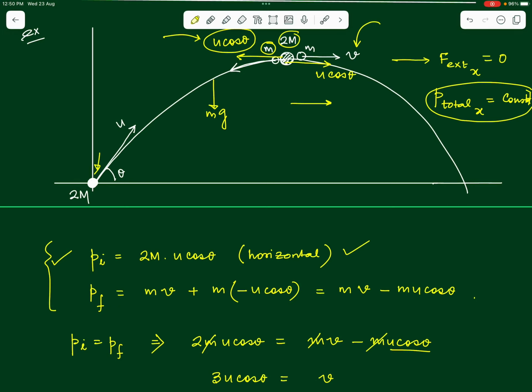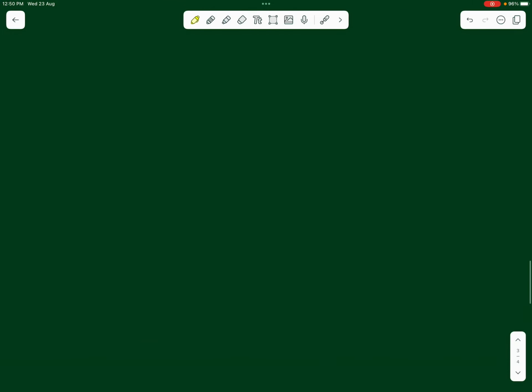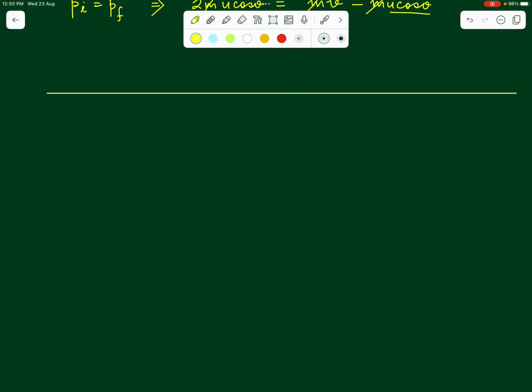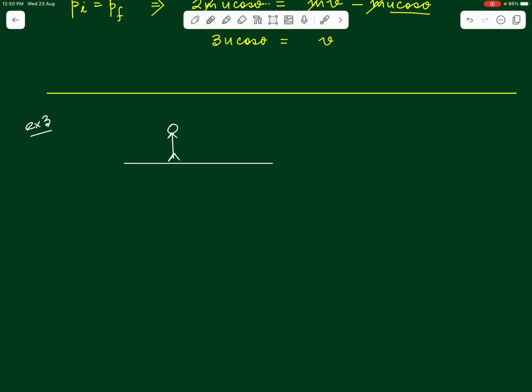Okay. Now another example that we can take up related to this. Let us take up another case. The third example is, there is a man who is standing on a platform, let us say. This is a platform